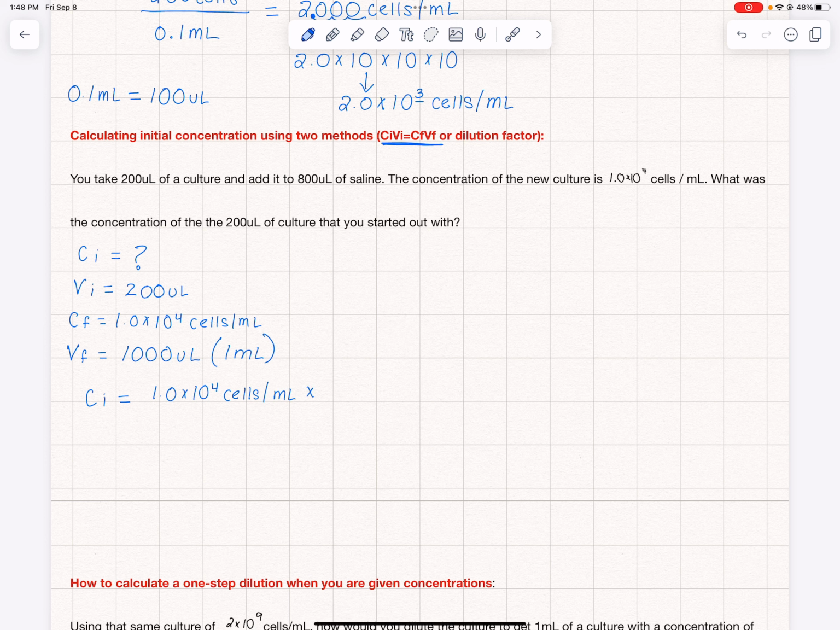Multiply that times our 1 mL, and all of that will be divided by our initial volume, which would be 200 microliters, or to convert this number, 0.2 mL. And so what we can determine is that we can cancel out some of our units. So we can cancel out this mL with this mL because they're both in the numerator. And then now we're left with